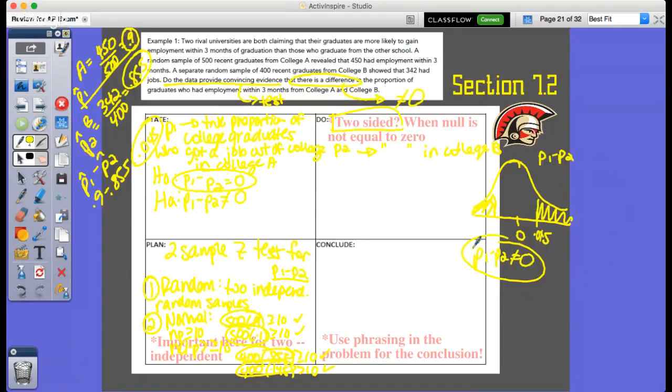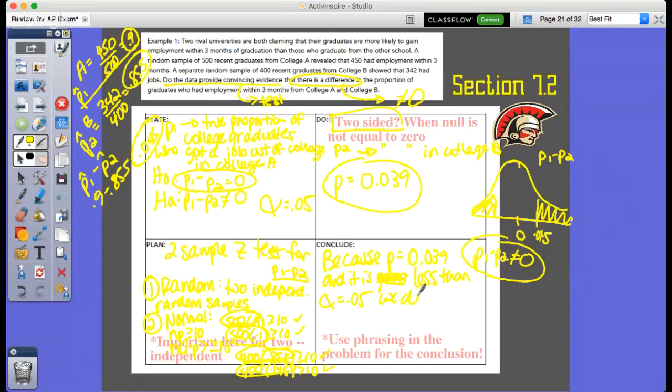So do this. I'm going to show this on my calculator now that we've got it on this side. And I'm going to show you how I got here in just a second, a little bit later. But I would get a p-value that's 0.039, okay? So because this is less than our 0.05, which would be good to put over here, we would say that because p is equal to 0.039 and it is less than, my fault, our alpha level of 0.05, we do have convincing